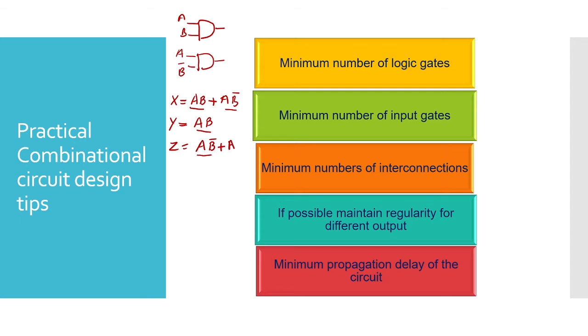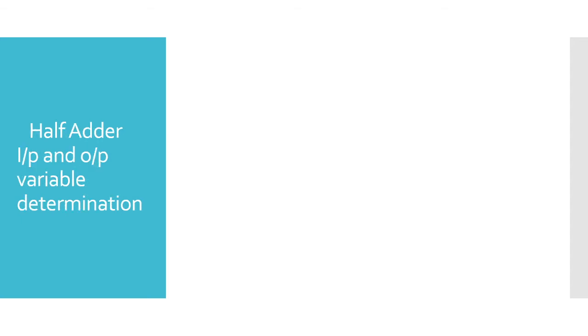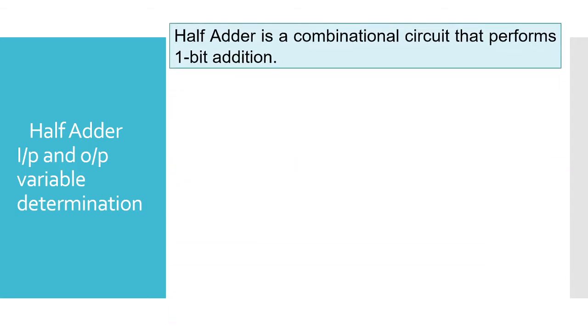So let me take one example. I am taking a basic logic circuit, let's say the half adder. Everyone knows what an adder is. So what is a half adder? A half adder is a combinational circuit, and it performs one bit addition. You already know the addition concept, so based on that I will explain the combinational circuit. The first step I told you is based on the specification. The specification for the half adder is that you need to add one bit,